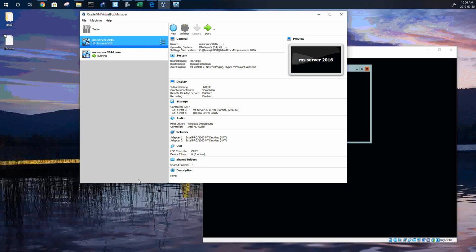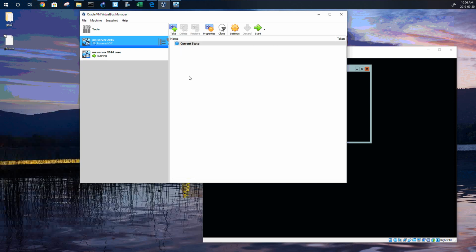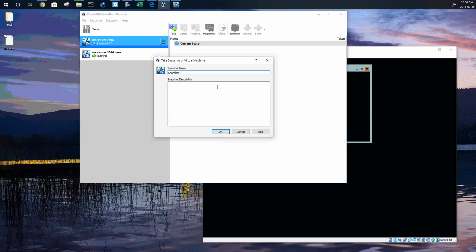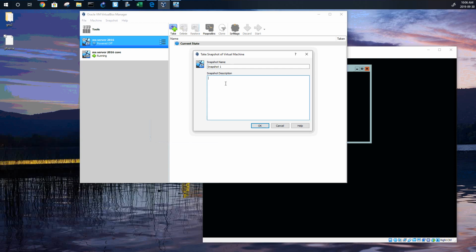The first thing you need to do is click here on this hamburger menu on the right side and choose snapshots. Now, the snapshots, guys, are also called shadow copies. Actually, it's like taking a picture of whatever you have at the moment. That's why, as you see on the top, they have these camera icons. If I do take, it will say snapshot 1, and I could explain: Windows 2016 plus graphical interface plus guest edition